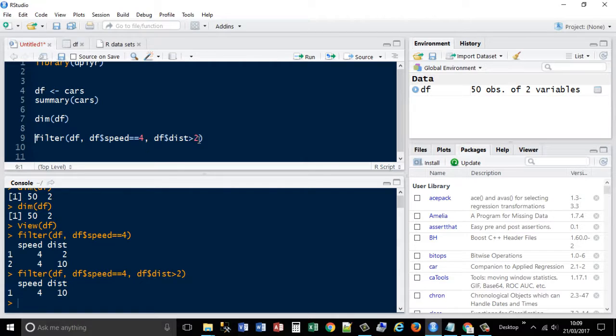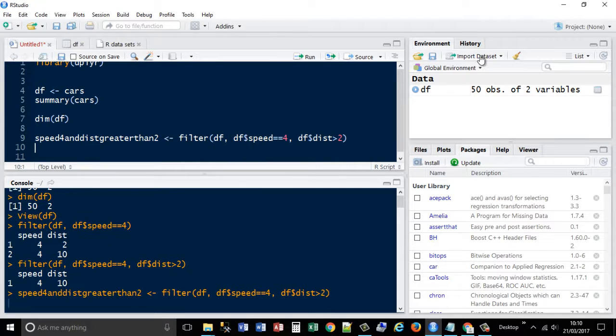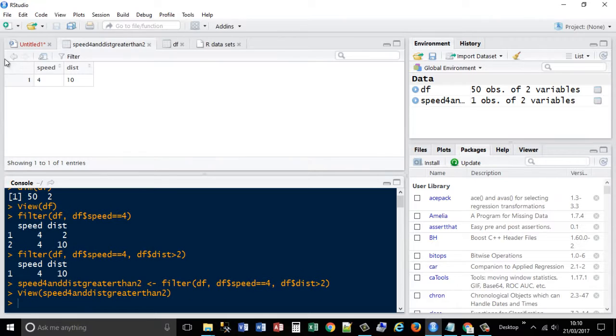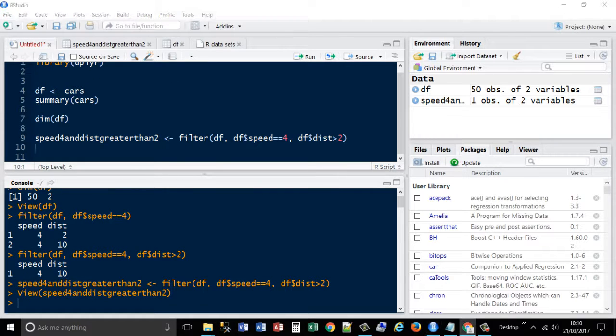So we could just say, we'll create a variable name so we can copy that. Speed 4 and dist greater than 2. Nice long name for a data frame. Name that, so that'll then create me another data frame here, just with one observation. Okay, so that's how you could use the filter command, and it's a lot simpler than working with a data frame. To replicate it via